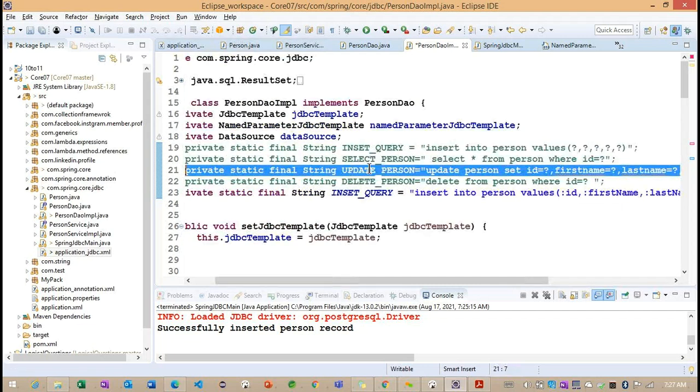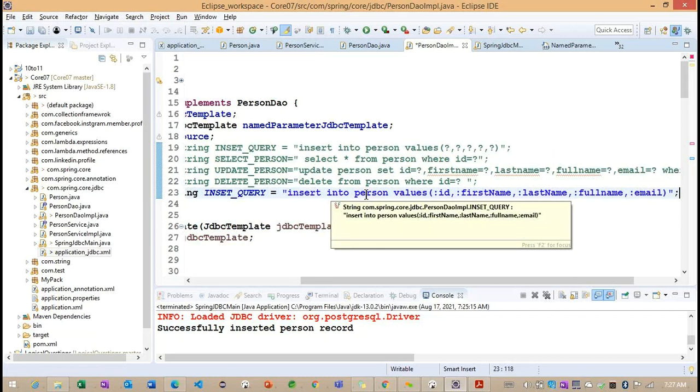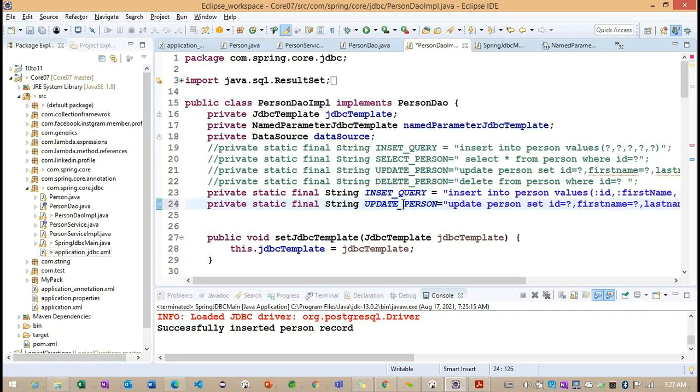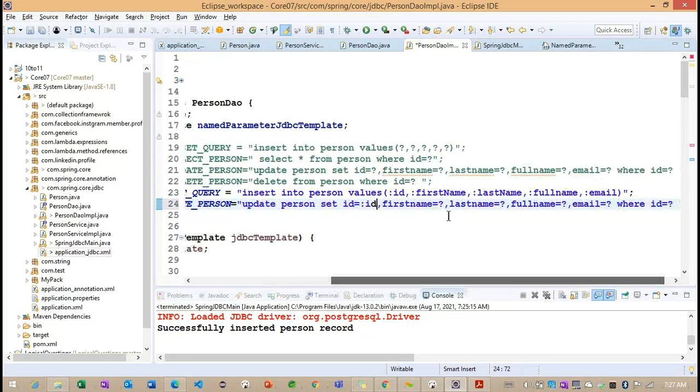Okay, let me copy this particular query. Okay, now you can see update person and update person. So we want to update all the columns here. But here is the problem: instead of going for the question mark here, what can we do? Define our column names here. Whatever you are interested in, you can define the name here.